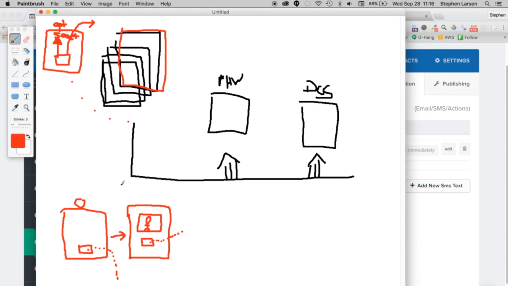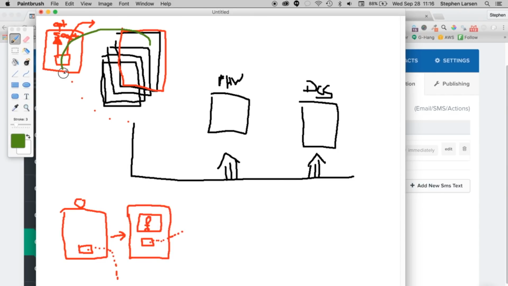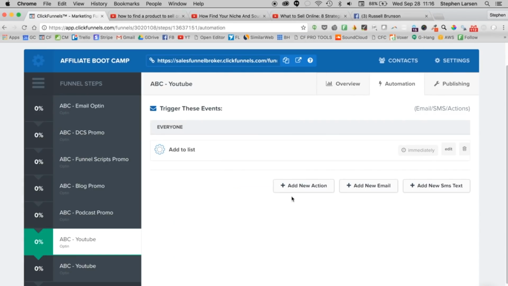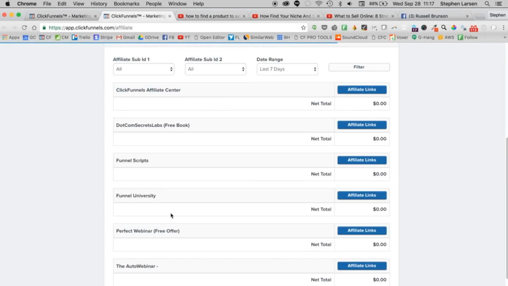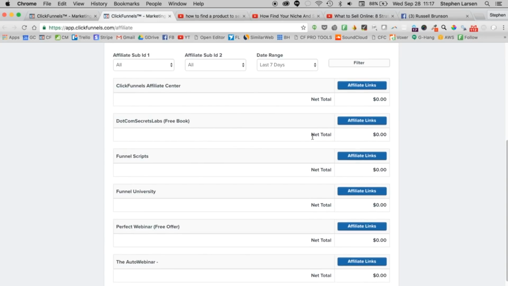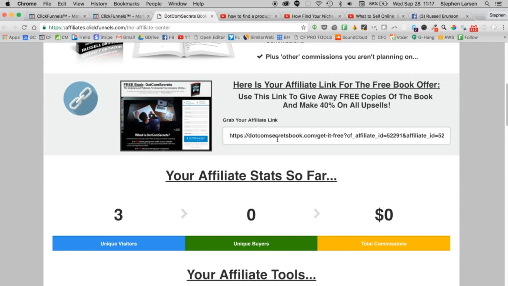Well, I'd like to break even on this front end if I can, right? If there's a way for me to more likely make money in this part before they even get here, you know, before they even jump out here, let's try and break even. That way this back here is pure profit, right? So I'm going to actually add in an affiliate link right there. And all right, so I'm going to go down to affiliates, open a new page. Okay, and let's see, something that talks about the .com Secrets book, that would be a fantastic one for this. Yes, I'd like to find a product. Well, I mean, the book's going to teach that kind of stuff, right? So I'm going to come down here and grab my affiliate link,